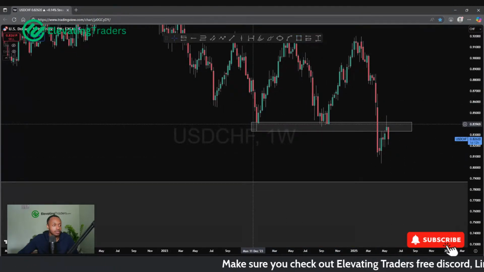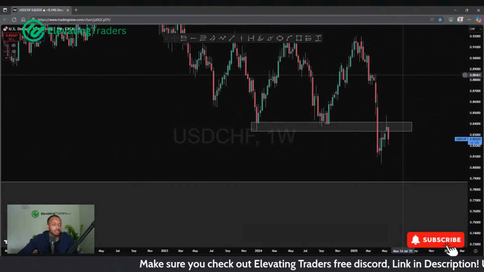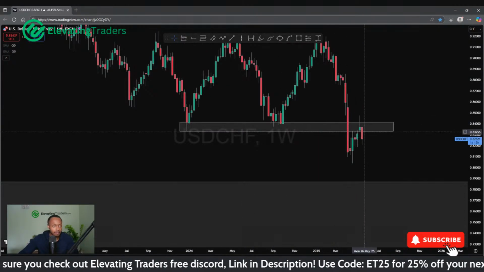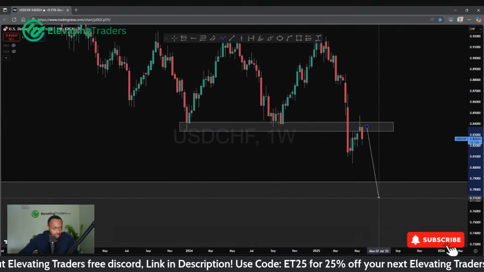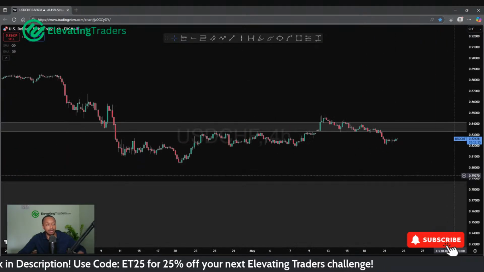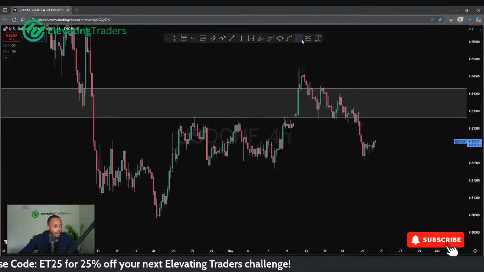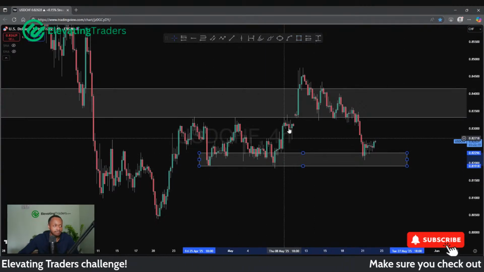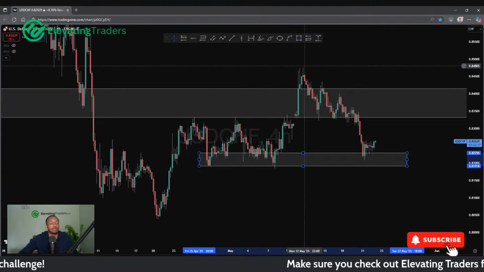So of course, rejection once, twice, and it looks like it's held a third time as resistance this time. And that potentially could give us continuation. So things are starting to look pretty bearish here for dollar CHF. Yes, we are coming back into support where we did see a lot of buying pressure come in, and of course they give us a big push to the upside.